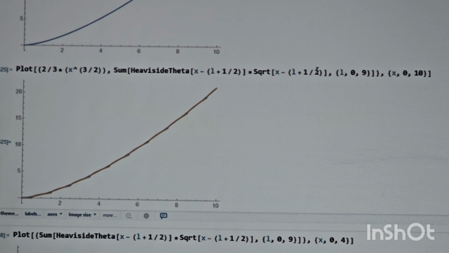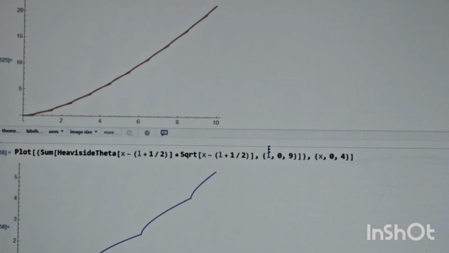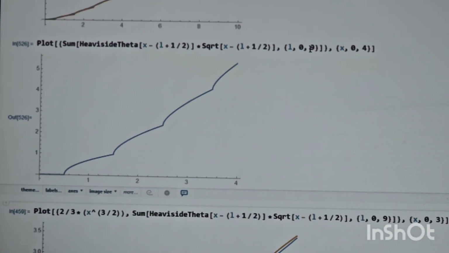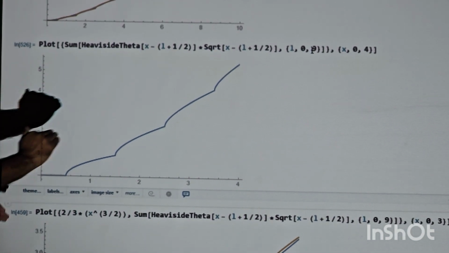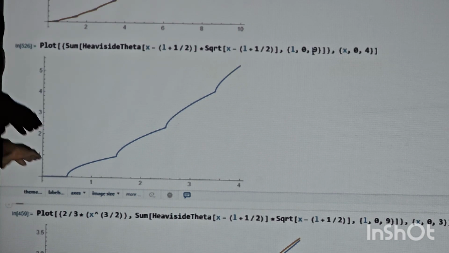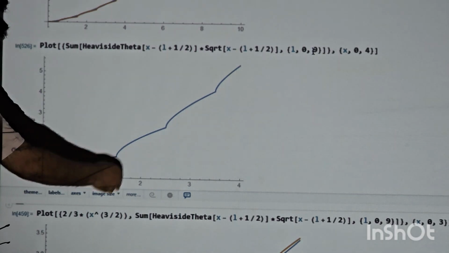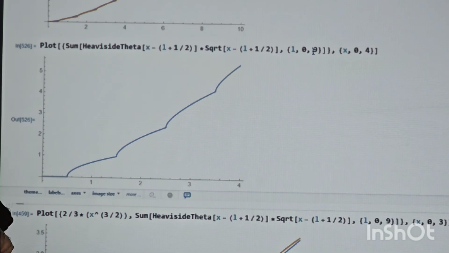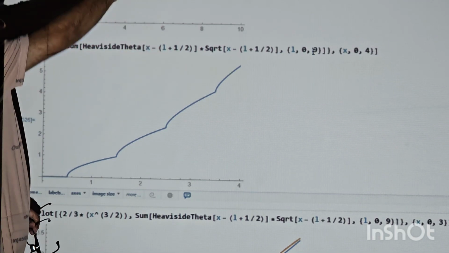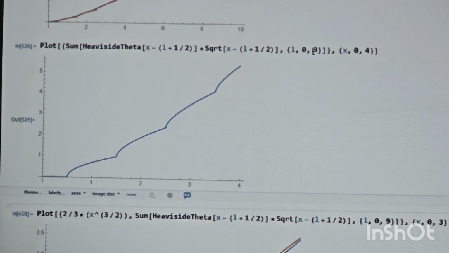So if I zoom in a little bit, this is what this integrated density of states looks like in the presence of a magnetic field. It has lost its monotonicity, it's discontinuous, there are cusps over here. Okay, but still it follows the same general trajectory as the original,